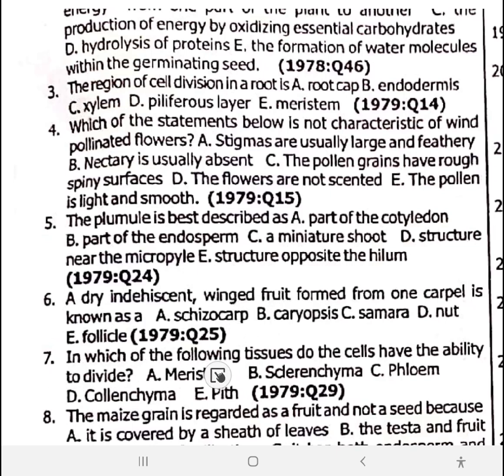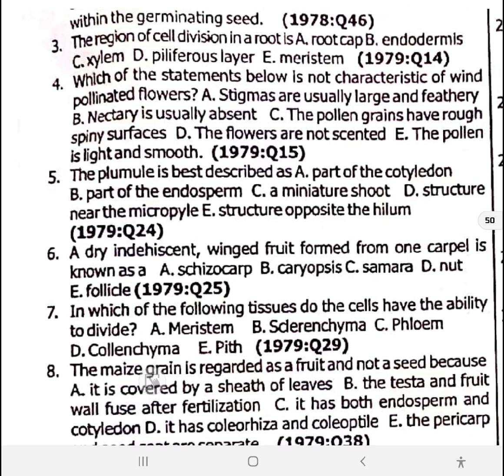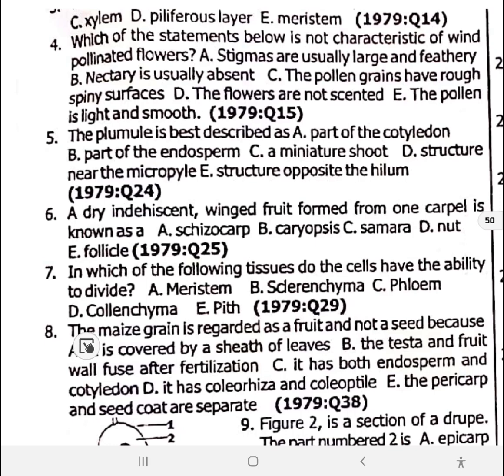In which of the following tissues do these cells have the ability to divide? Number 7 is option A, meristem. Jot down: the cells of a meristem have the ability to divide or undergo cell division. Number 8. The maize grain is regarded as a fruit and not a seed because, option B, the testa